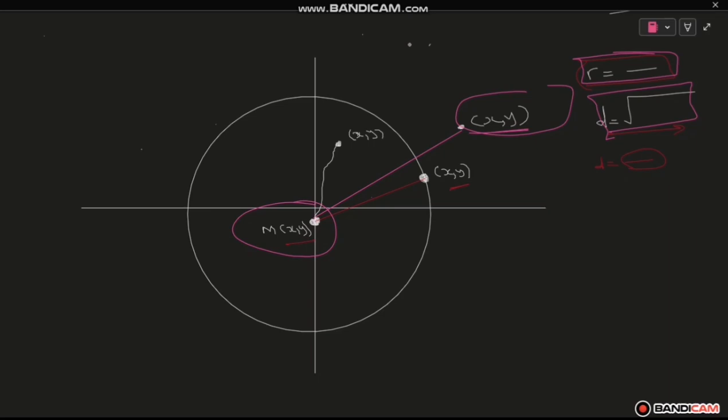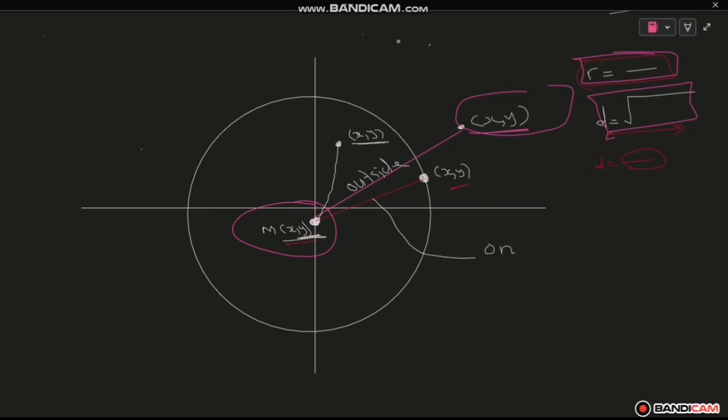So let's say you use the center and the point that is inside the circle over here. You use the coordinates of the center and the coordinates of the point. Then you find the distance. After finding the distance, you compare the distance with the radius. So if the radius is greater than the distance between the center and the point inside the circle, it means that point lies inside. But this one over here lies outside